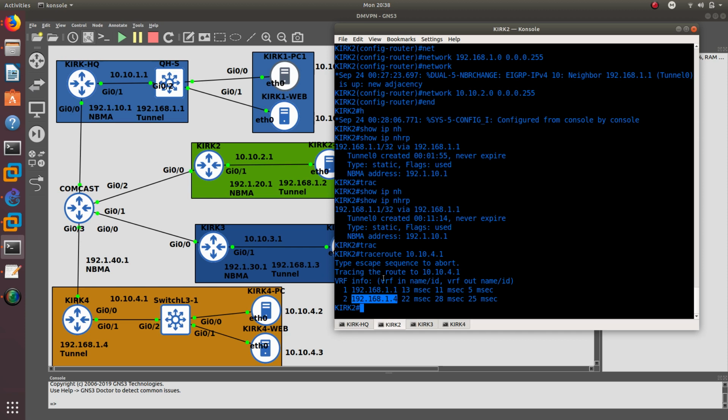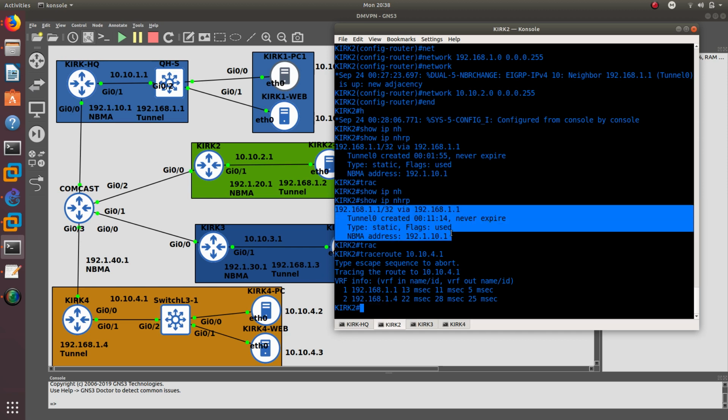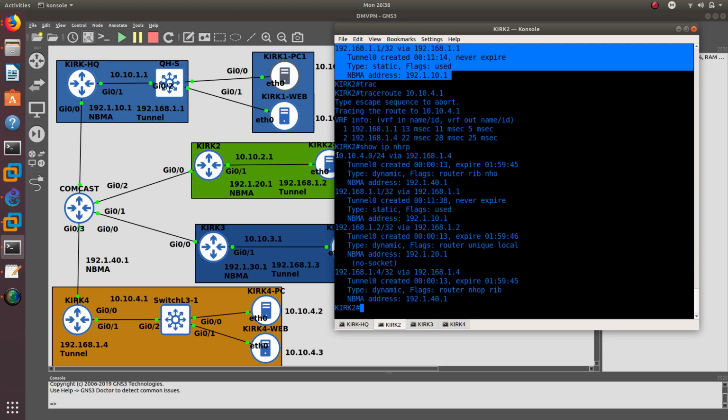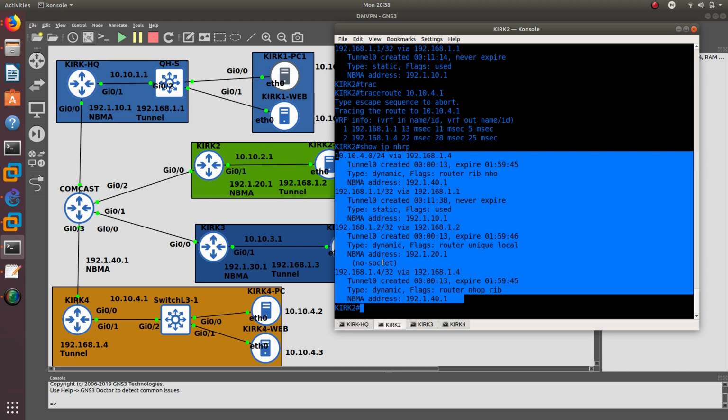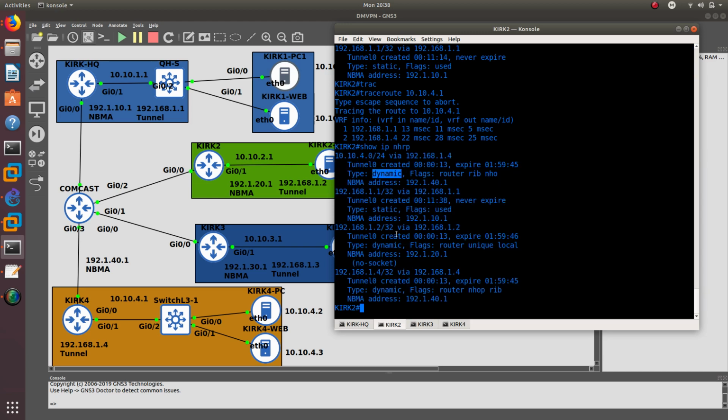But now, remember before we did the traceroute, before we sent that ping, we only had one tunnel. But now if we do show ip nhrp, you can see that we have a couple of tunnels that have been created, and they were created dynamically. As you can see, the ones that we just set made a connection with ourselves, which is the router's unique local. This one right here is for Spoke 4. It was built dynamically. You can see the NBMA IP address and the tunnel IP address. It was created dynamically, and it is the router next hop